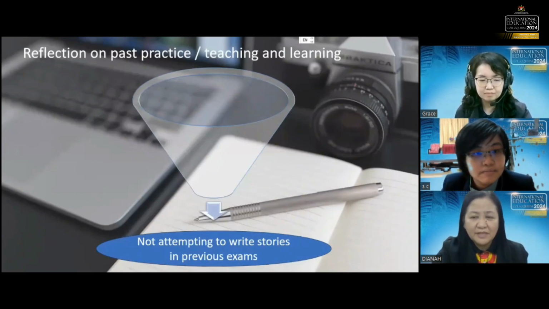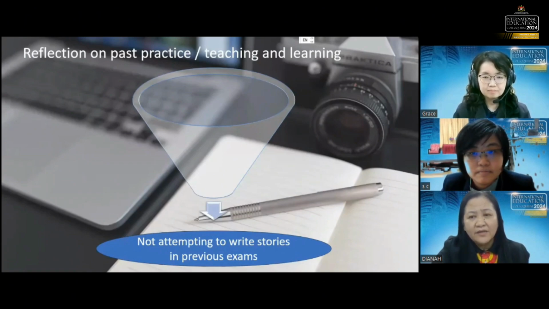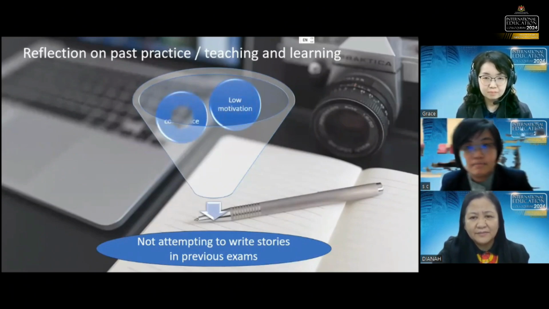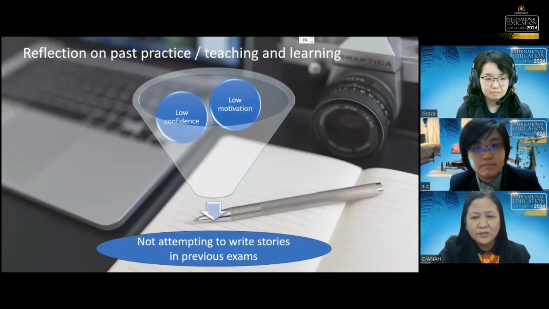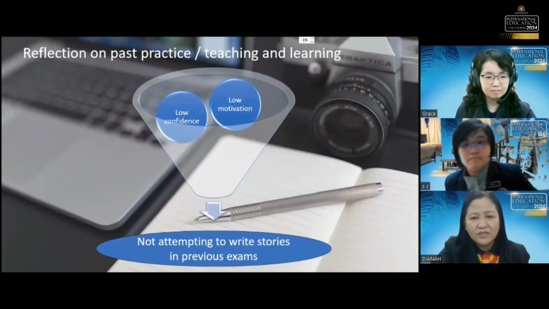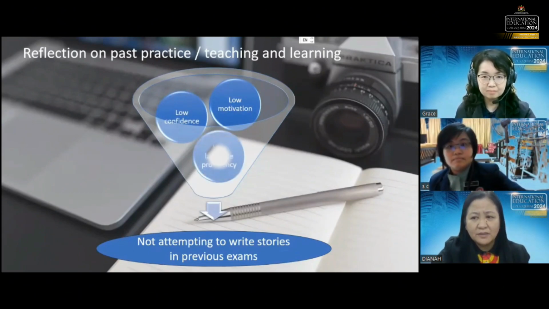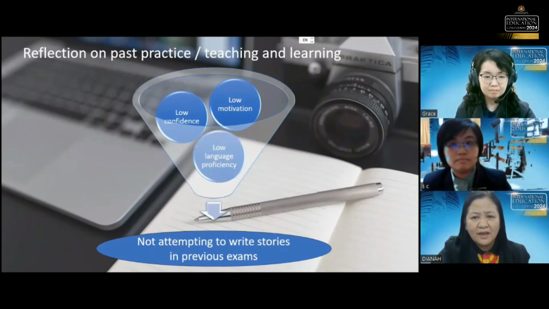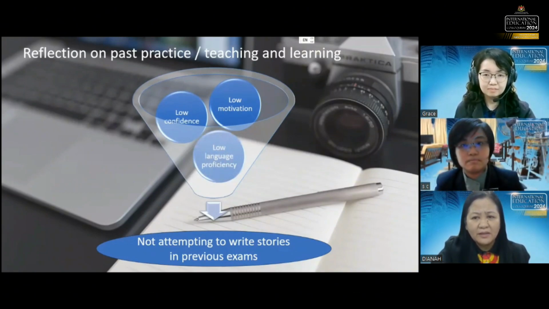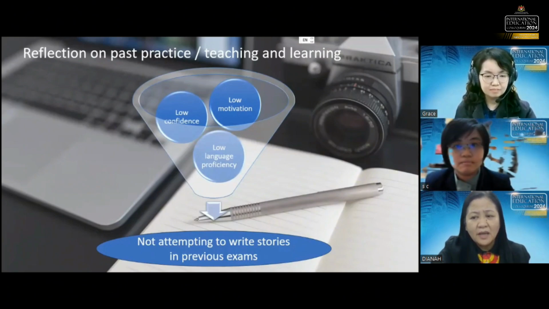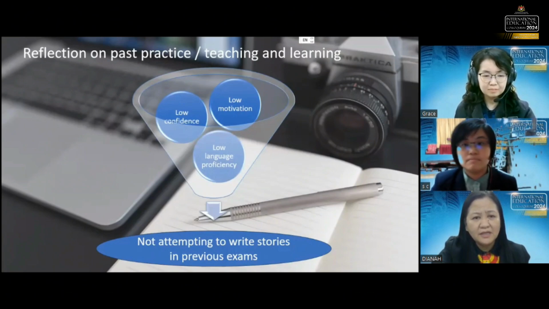From the students' previous examination, where they did not attempt to answer the story writing question, it was observed that the main problem was low motivation and lack of confidence in narrative writing. The target students have a low level of proficiency in English language, as can be seen in their average score of 3 in the classroom-based assessment, and also having the lowest score for visual linguistic English language.